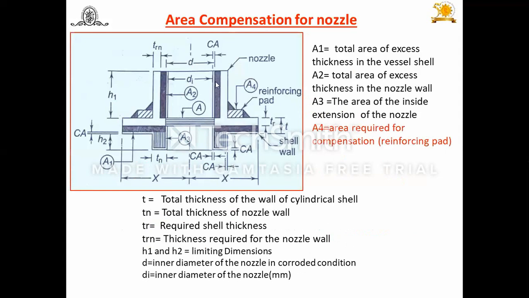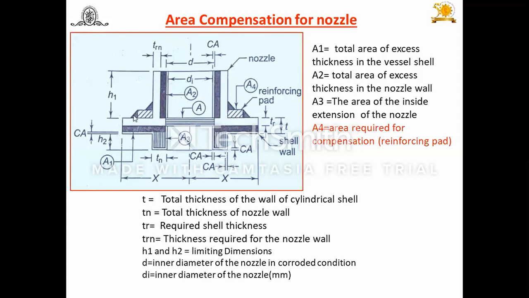Now here, inside the vessel and the extended portion of the nozzle, we have added already. But if A1 plus A2 plus A3 is greater than this A, we can say this added material is sufficient, no need to add a reinforcing pad. But if A1 plus A2 plus A3 is less than this area, at that time we have to use a reinforcing pad. Try to understand. How to find out the area of the reinforcing pad? Capital A minus, in bracket, A1 plus A2 plus A3, bracket complete. So you will get A4, and that area we have to add.